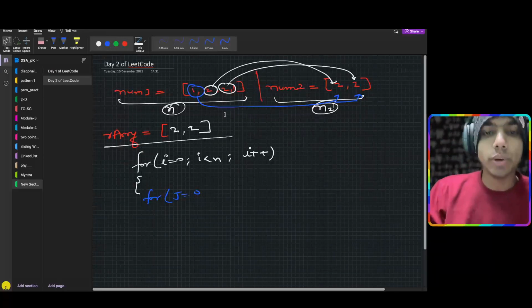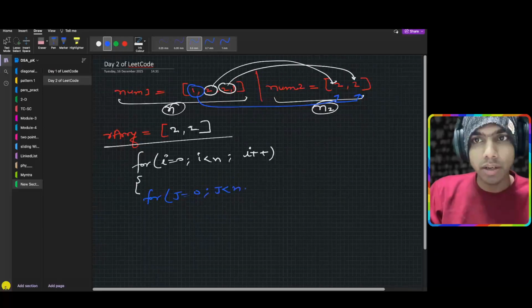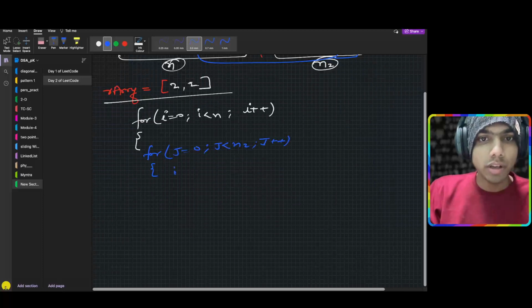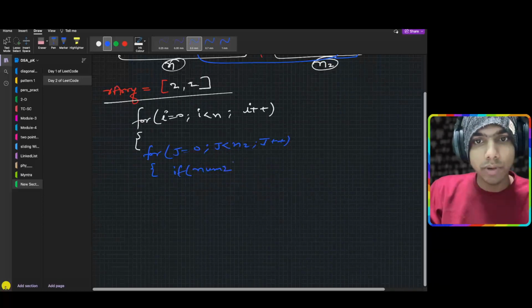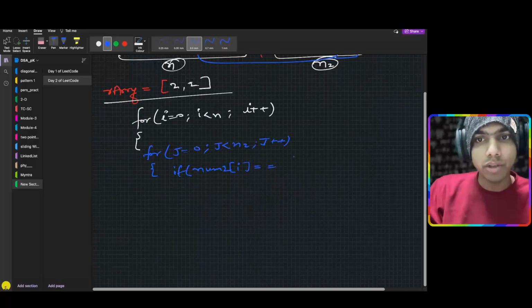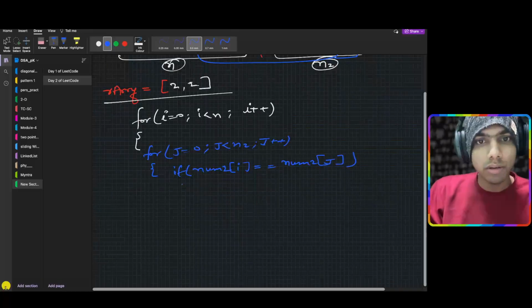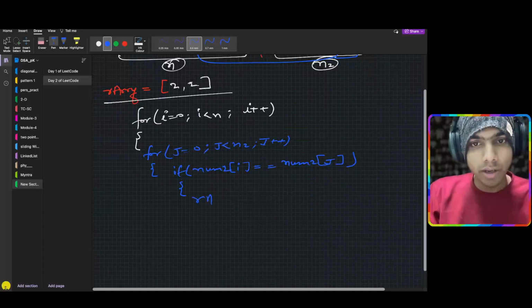Normally, if we do this like this, and j should be less than n2 and j plus plus, and now we can say if nums1 of i is matching nums2 of j, so resultant array